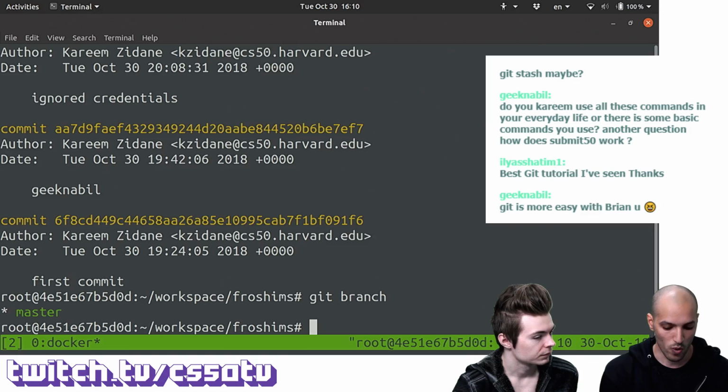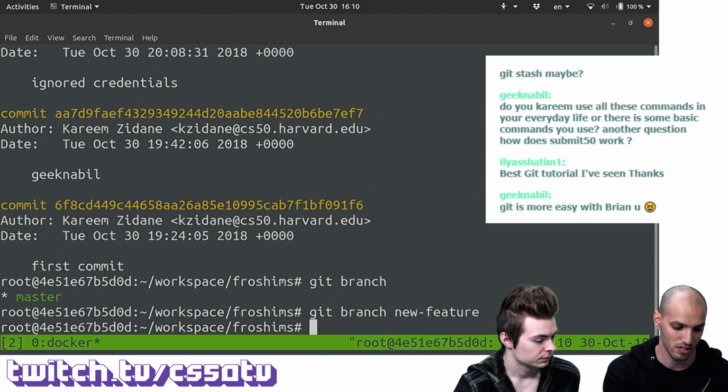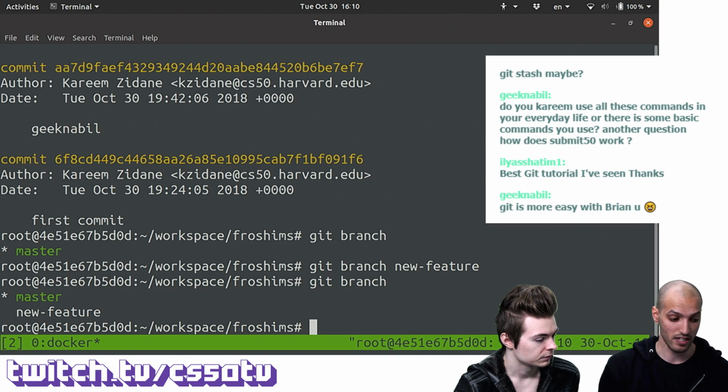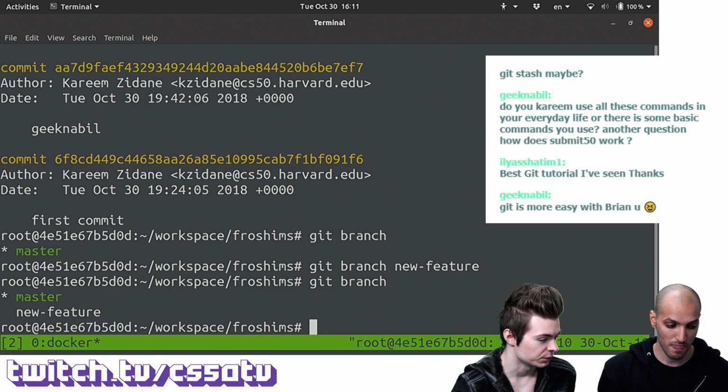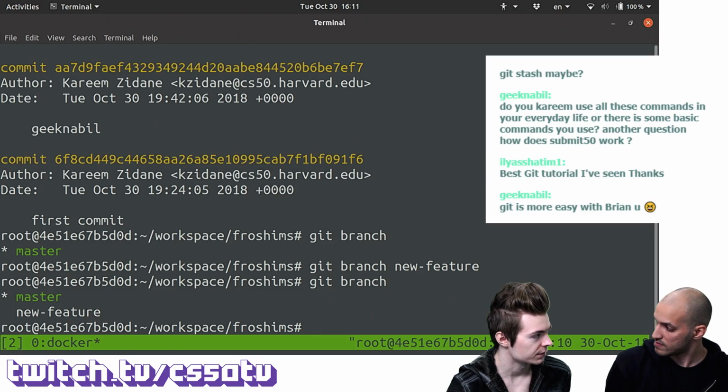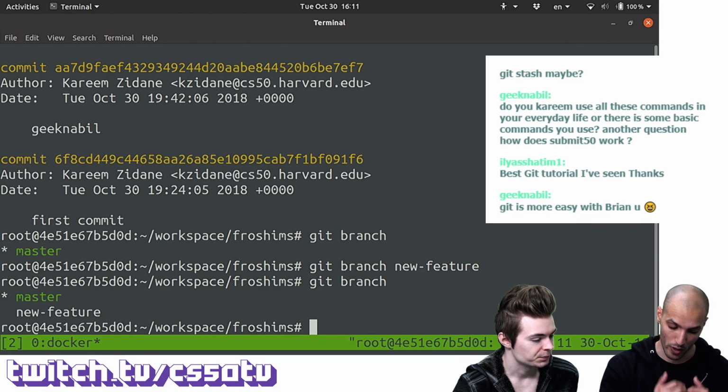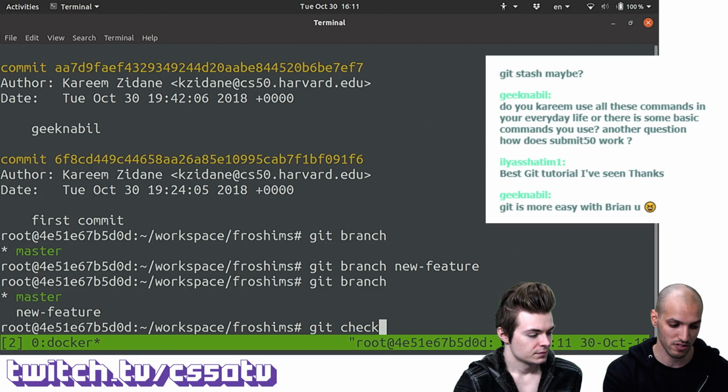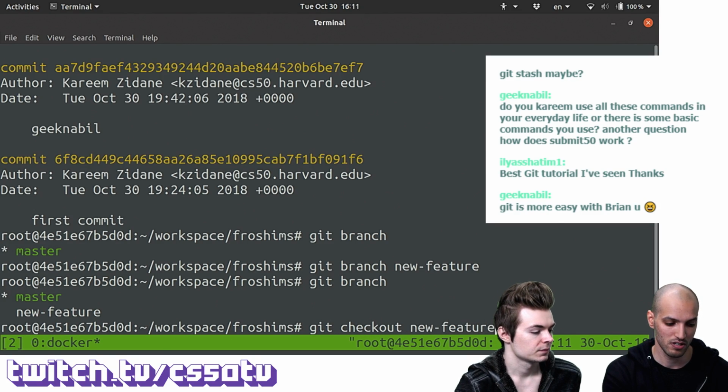So one way to create a new branch, suppose you want to add a feature or fix a bug or improve something, or you want to experiment, you can just create a new branch using git branch, same command, but then mention the branch name. So let's call this new feature. If I do git branch again, it's going to say, hey, I created a new branch for you. It's here, new feature, but you're still on master. That's what the asterisk and the green text are representative of, I'm guessing? Exactly. So the way to switch to this branch actually is git checkout new feature.